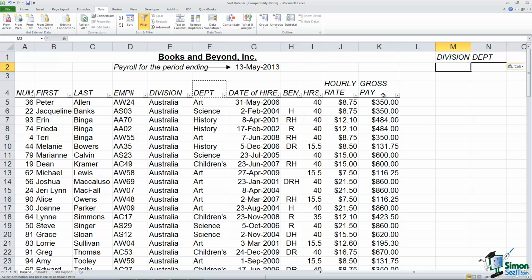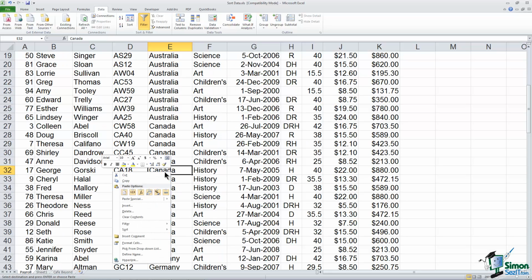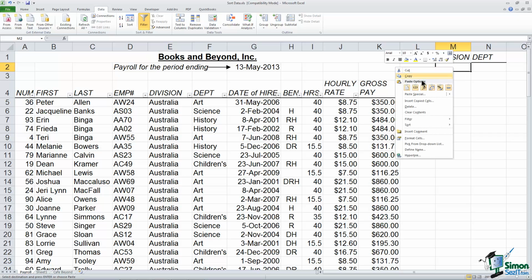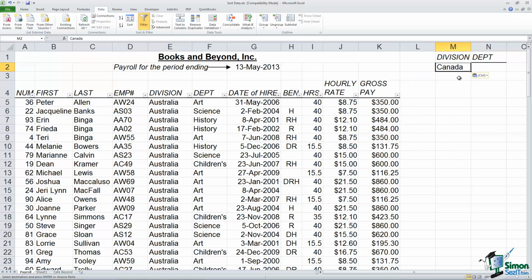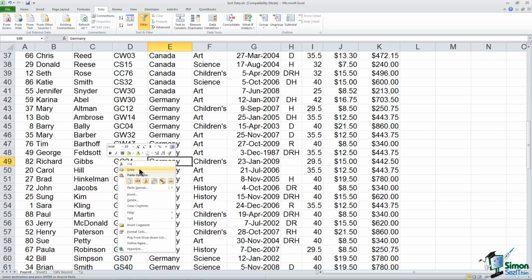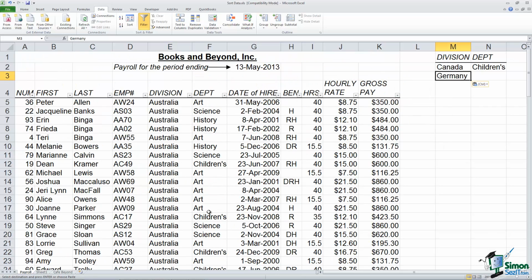Now, I had said I wanted to know anyone that was in the Canadian division, so let's find a Canada here. We'll copy that and we'll put it up here in M2. And I wanted this person to be in Canada and children's. So I'm going to copy a children's over here, put that over here. And I had also said Germany and history. So let me go find a Germany. I'll right click and copy that. Okay, and we'll put that right down here. And history. Okay, now